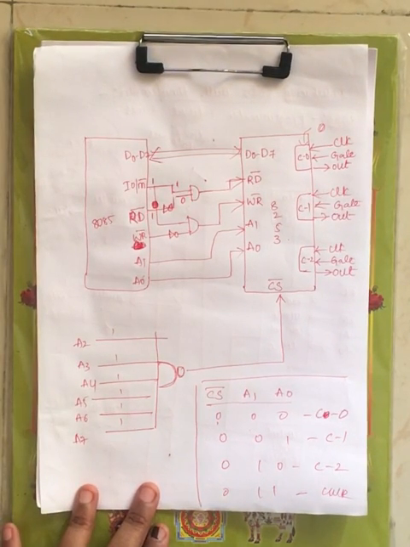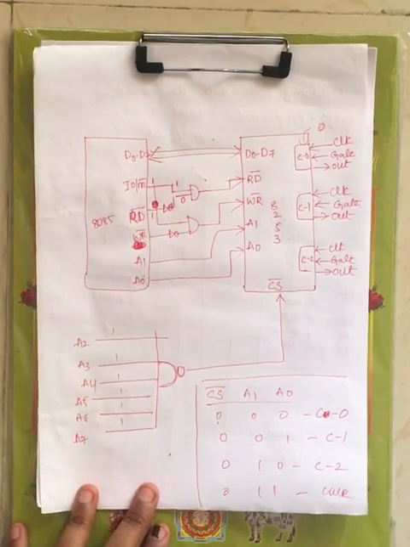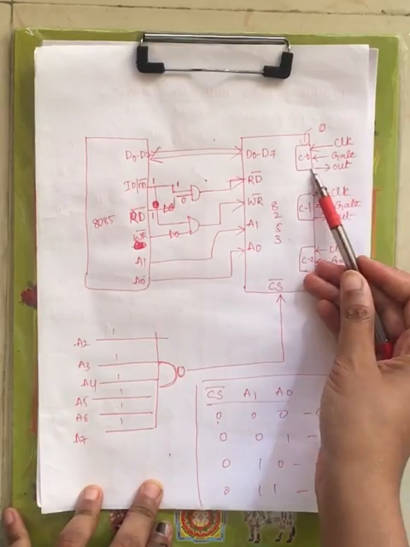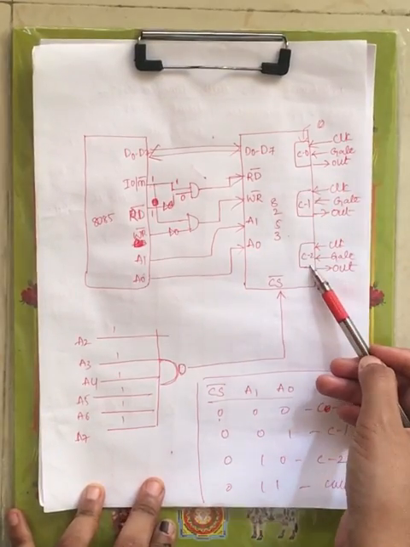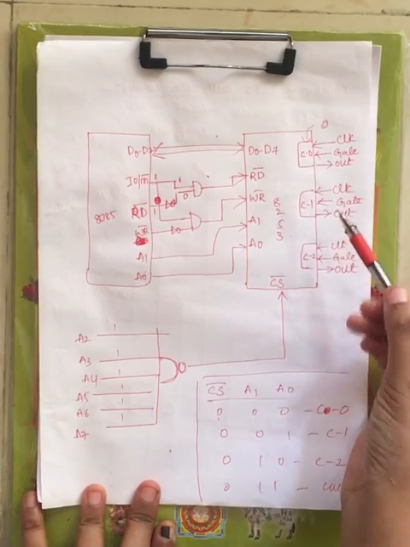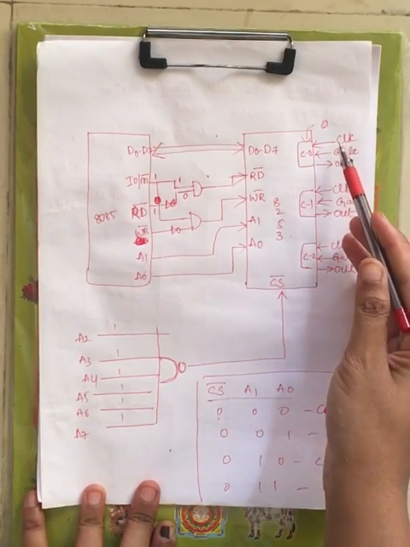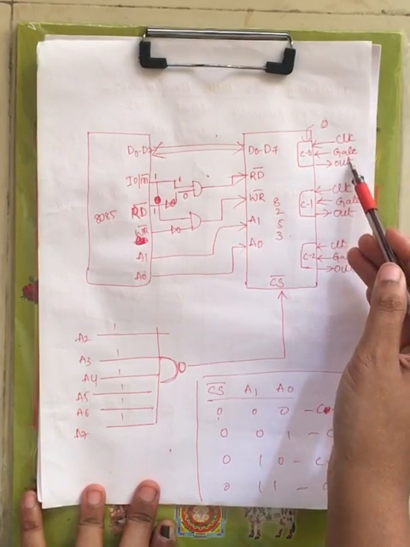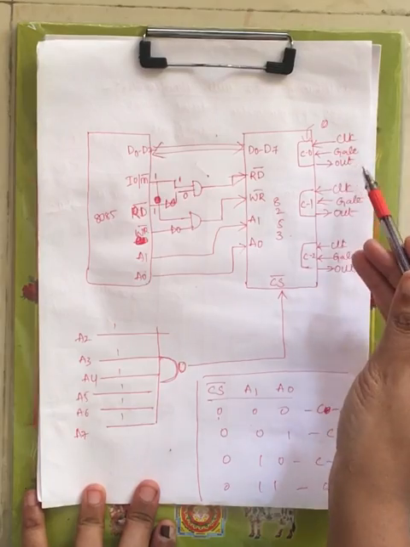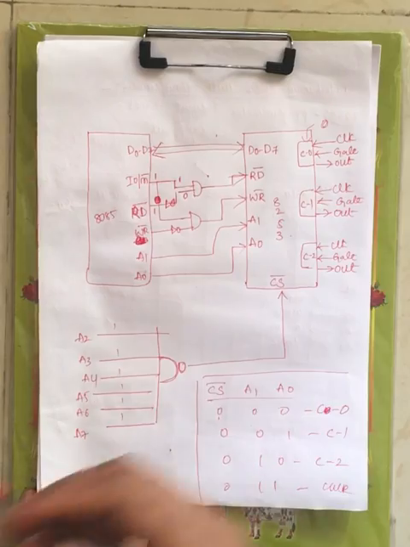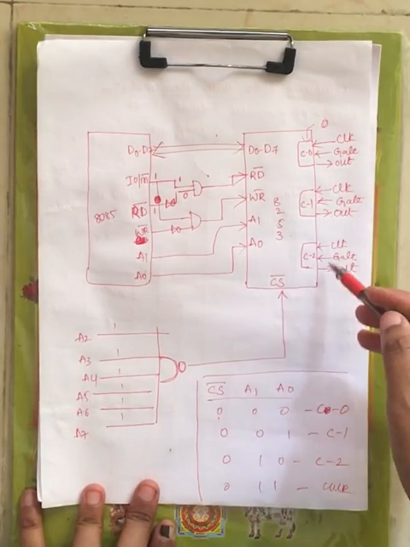Now let me briefly explain again. Coming to the interfacing of 8085 with 8253, the architecture I have represented in the pin diagram. It has 3 counters, counter 0, counter 1 and counter 2. For every counter it has 2 input pins and 1 output pin. What are the 2 input pins? Clock, through which the clock signal is provided. The next input pin is gate, and next you have the output pin, out, through which the output of a particular counter is collected. These are the same for counter 1 and counter 2.